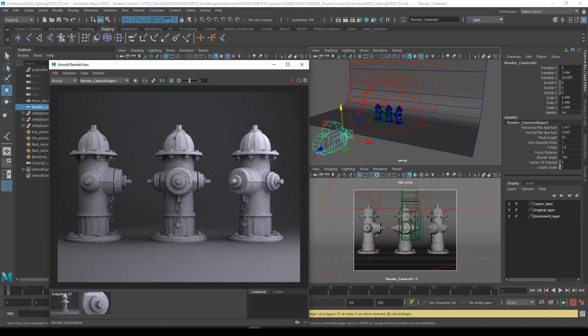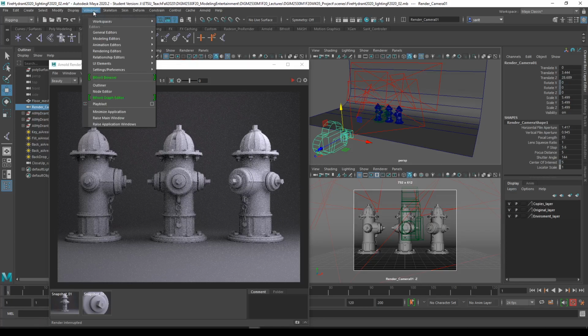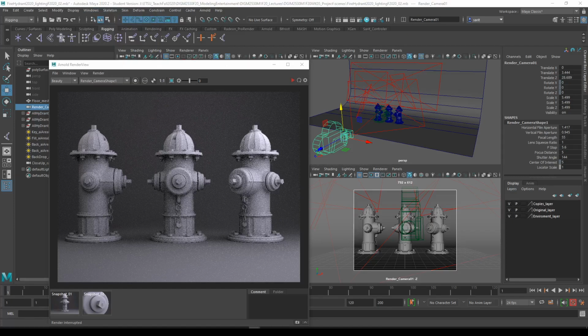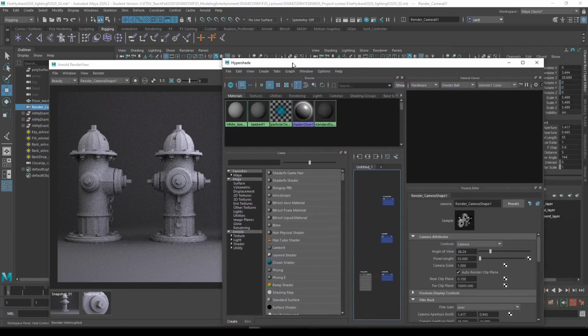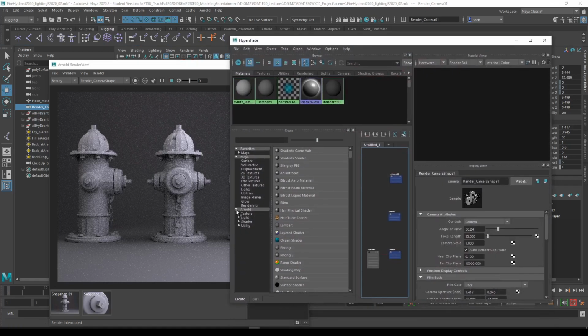To do that, okay, you need to open up Hypershade, this button, and the main menu is under Window, Rendering Editor, Hypershade. Shortcut is right here. So, and you bring Hypershade. Now, we need to use an Arnold wireframe shader. So, how to find it? Look at under Arnold tab here. Expand it, shader, expand it, and highlight surface. Now, on the list is right on the bottom, AI wireframe,